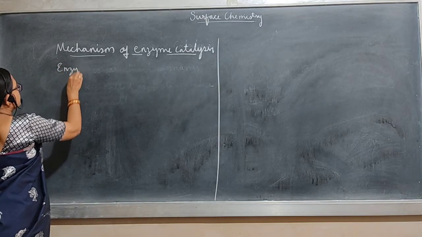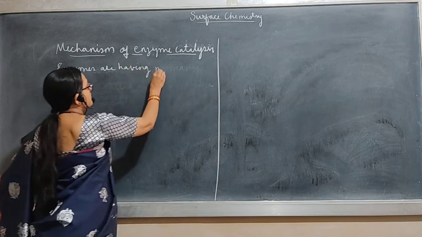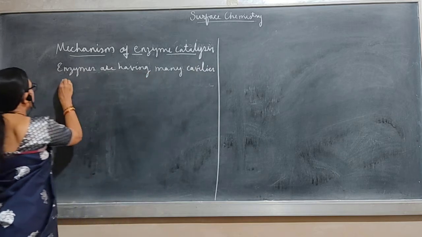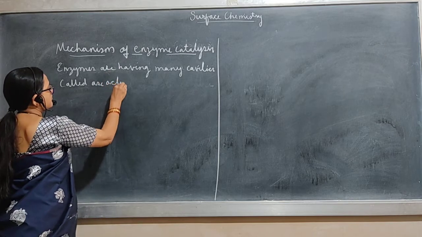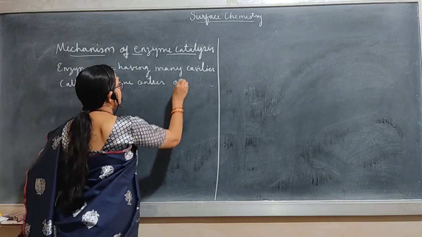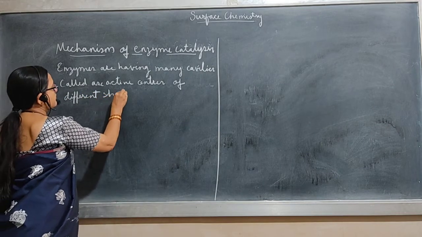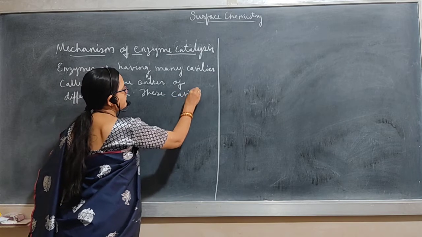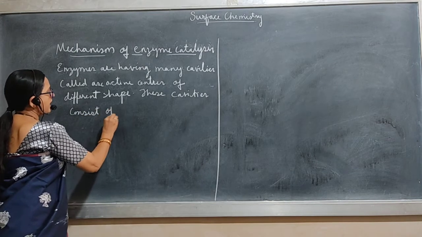Enzymes have many cavities called active centers, of different shapes. These cavities consist of active groups